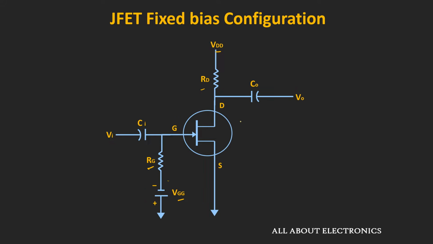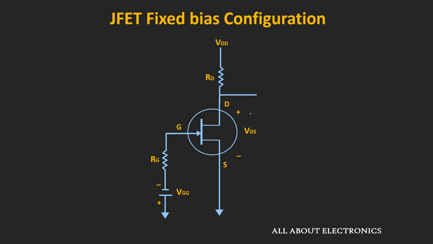Now here we are only interested in the DC operating point of the given circuit, or in other words, we are interested in the DC analysis of the circuit. So for the DC analysis we can consider all the AC sources as 0 and we can consider all the coupling capacitors as open circuit. For the DC analysis of the circuit, the equivalent circuit will look like this. Now for the JFET, the input impedance of this gate terminal is very high, or we can say that this gate current Ig is approximately equal to 0.